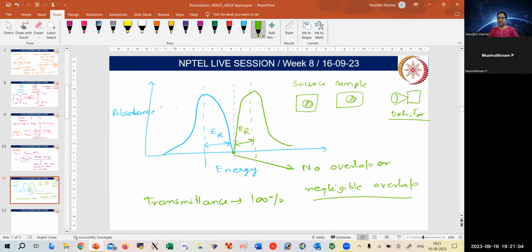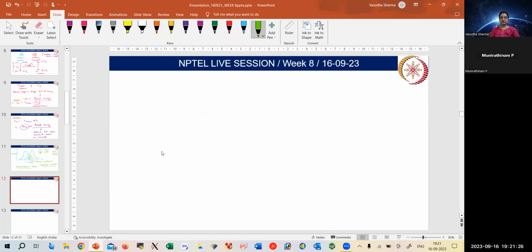So whatever the absorption was, there is no matching of the energy. So therefore, all the gamma rays are going directly to the detector. So that becomes 100% transmitted. So in that particular case, we can't have any kind of knowledge about the nucleus of the sample as well as the source. So what we can do, there was a scientist, a PhD student actually,